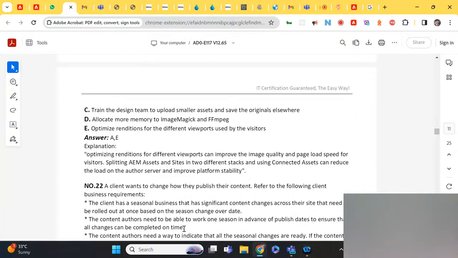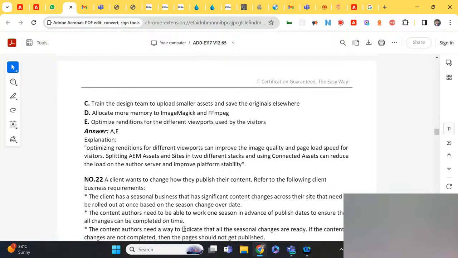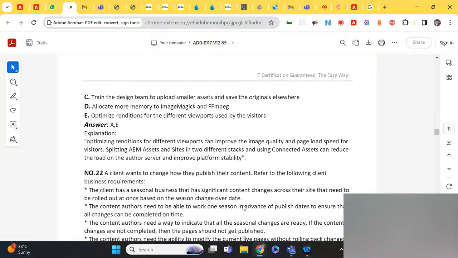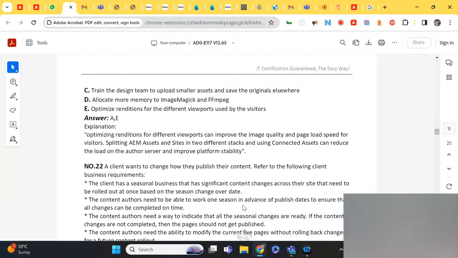So they basically have to schedule the content on a season changeover date, and they will already be working for the next season, while this season is also running. Okay, the content authors need a way to indicate that all seasonal changes are ready. If the content changes are not complete, then the page should not get published. If the changes are ready only, it should be published. And by default, if it is automatically published when the changes are not ready, it will not have proper content. The content authors need the ability to modify current live pages